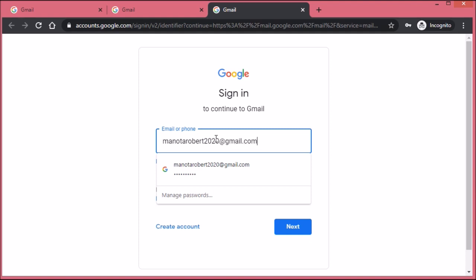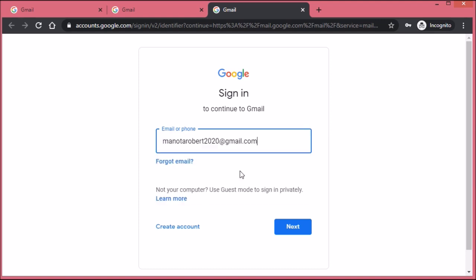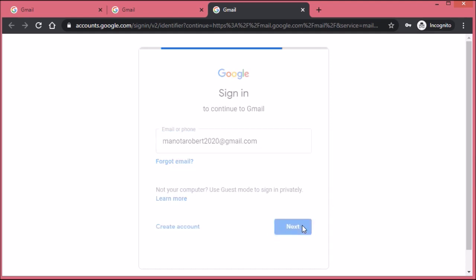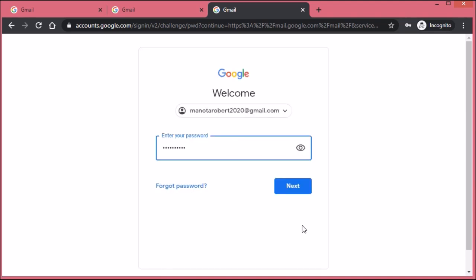You remember a while ago I said I usually set my email account to be remembered by Google Chrome. So if you set it for remember password, it will automatically populate or give you the suggested email address that you're going to use. Hit next, and then the password will automatically be there as well. Now, you just have to be careful regarding this one, especially if you are using a computer of another person or if you are in a computer shop. Okay,